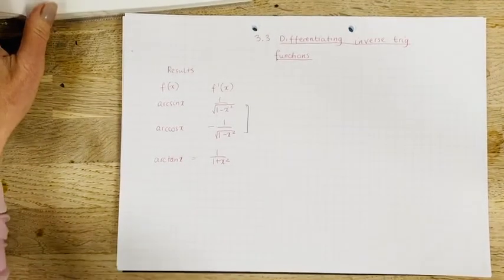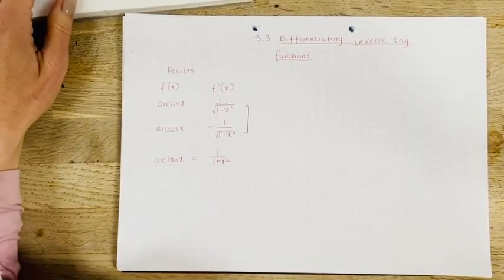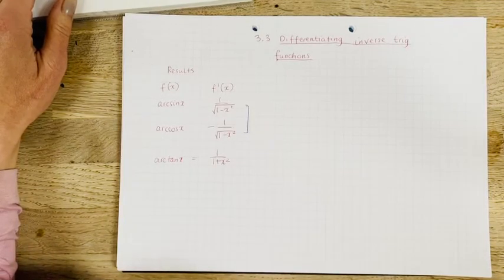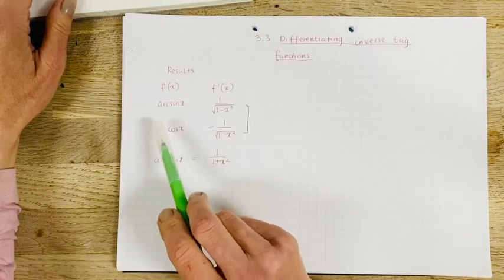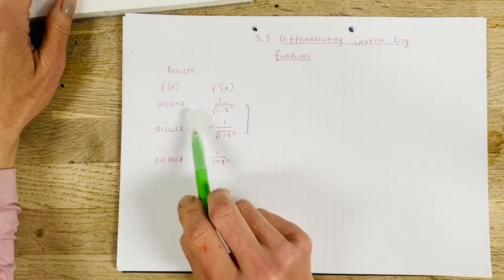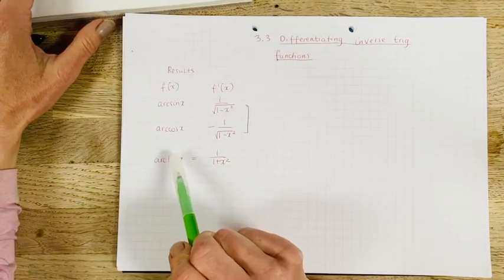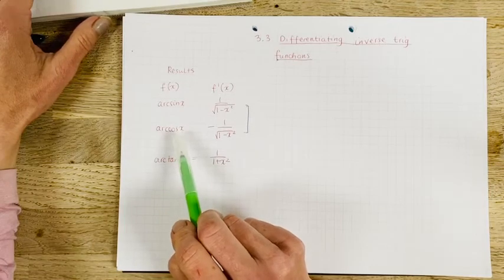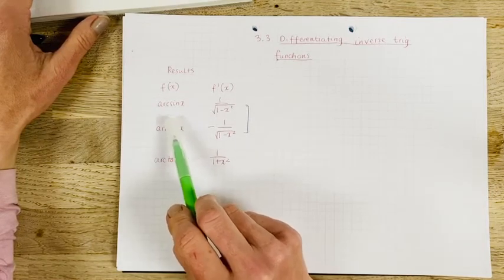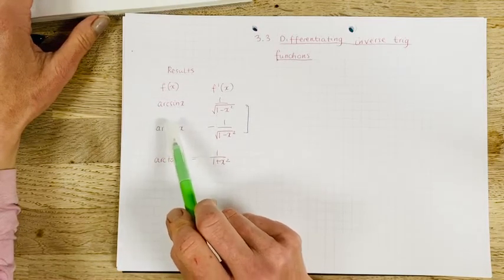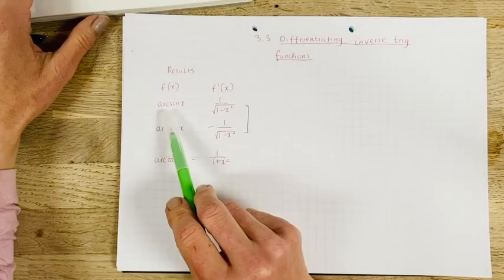Okay, the next section of chapter 3 is section 3.3, differentiating inverse trig functions. There are three main results which you need to be able to derive. We're going to have a go at deriving arc sine in a minute. Just to remind you of the arc sine,